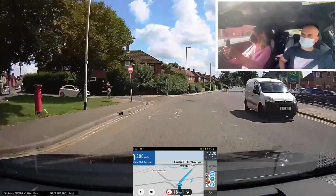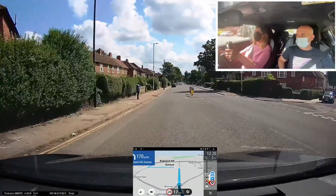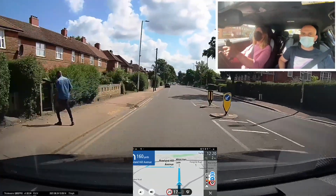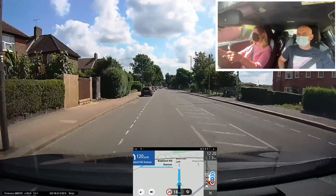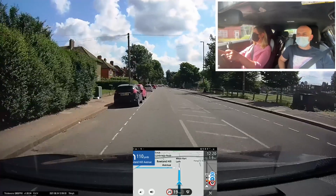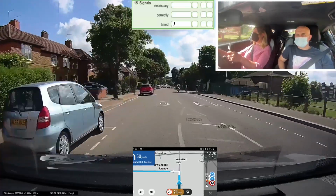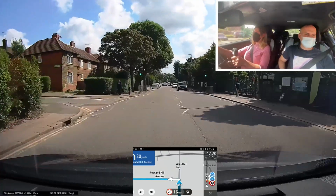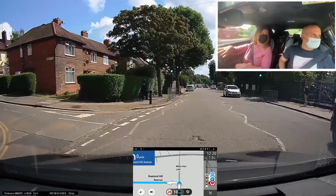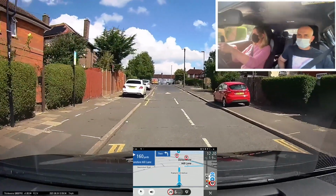After 200 yards, turn left, Rowland Hill Avenue. Megan's checked her mirrors correctly, but she's put the indicator on a bit too early here, so this would be marked down as signals timed. She starts to turn a little bit late here, so she overswings at this point, so that would be marked